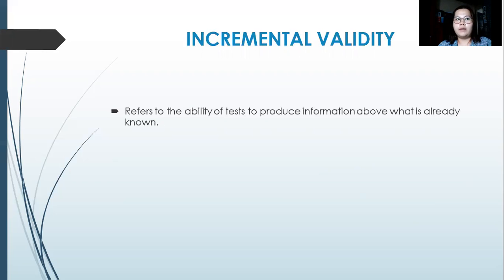Kumbaga for example, pag nagpapatest, nagpupunta tayo sa isang doktor. Ang hula ng doktor sa iyo, meron kang ganito. Ang unang impression sa iyo is meron kang sakit sa ganito. So para ma-solidify 'yon, kailangan mo mag-undergo ng series of medical tests. Blood test yung example, mga ganun. Doon papasok incremental validity to solidify yung unang na-predict sa'yo. Okay.